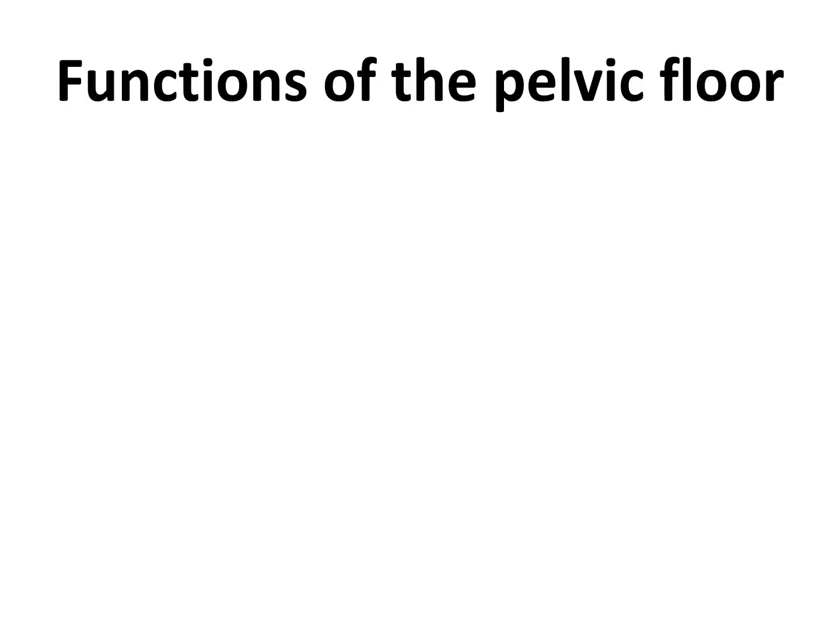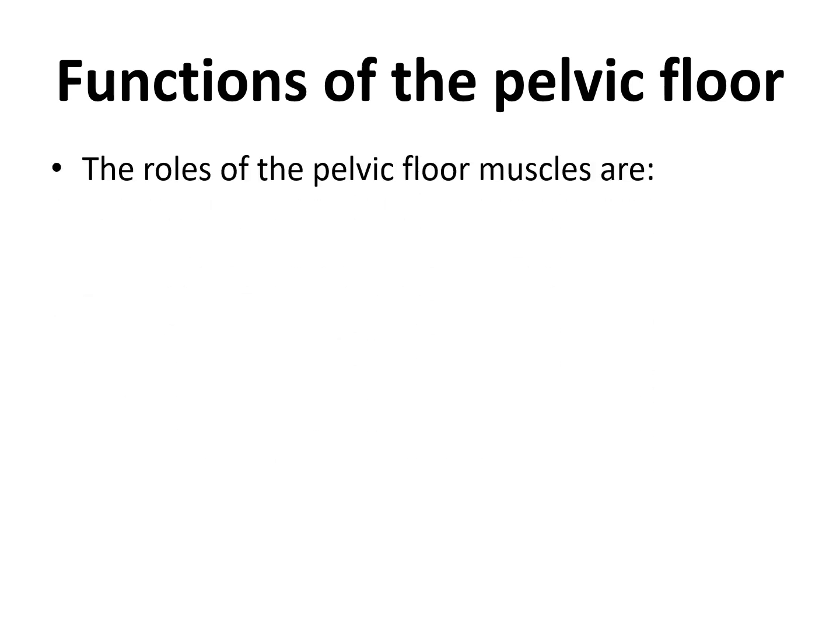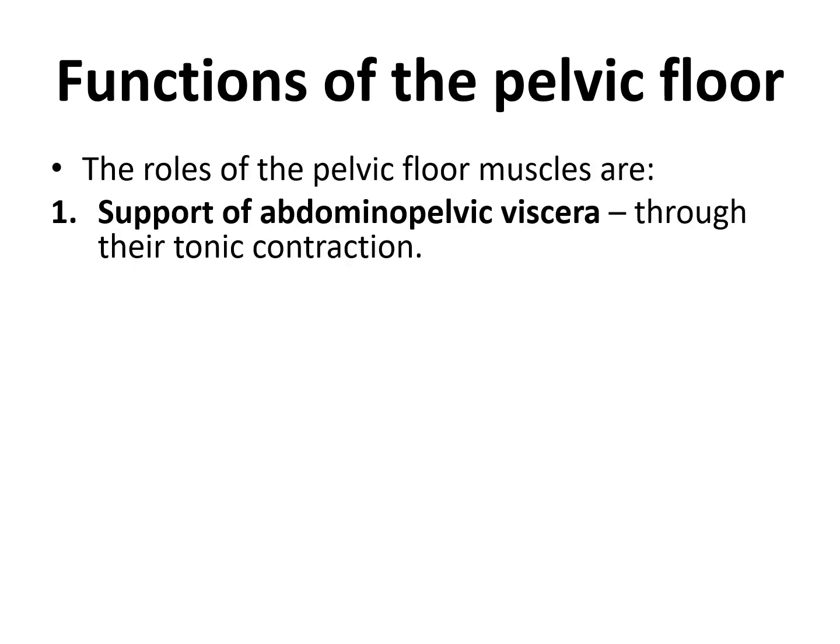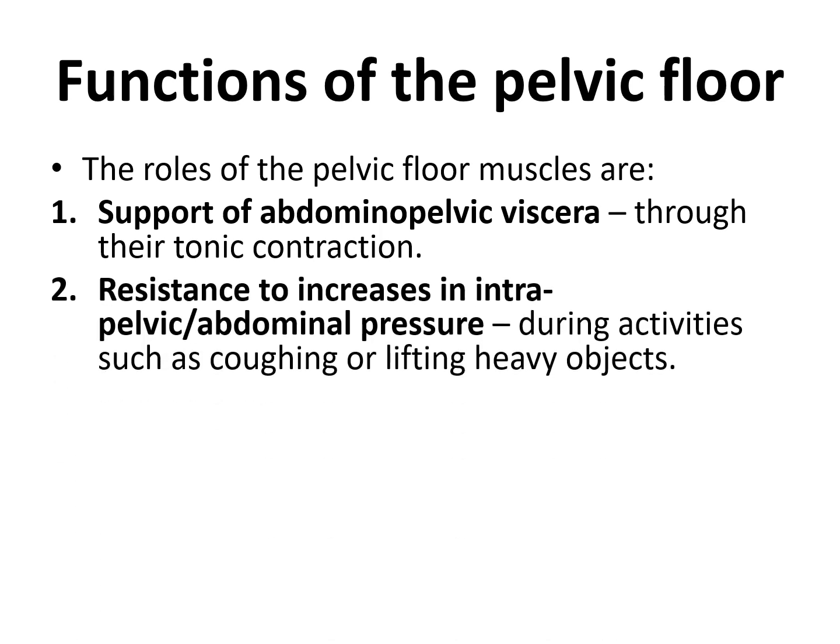So what are the functions of the pelvic floor from what we have seen? Support of the abdominopelvic viscera. So above this we have the pelvic viscera, and above the pelvic viscera we have the abdominal viscera. We know that the abdominal cavity and the pelvic cavity are continuous together. There is no anatomical separation between the abdomen and the pelvis. So they are continuous. So the abdominal and pelvic viscera inferiorly are supported by the pelvic floor, resistant to